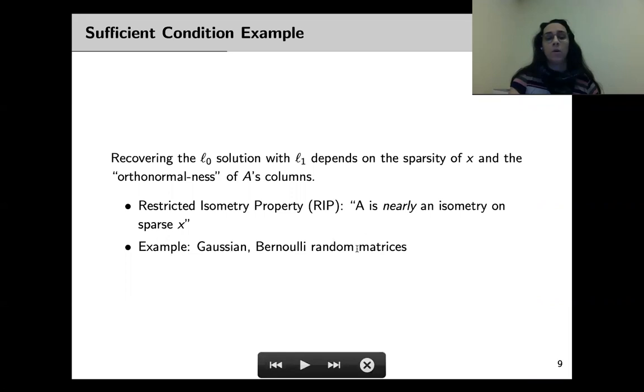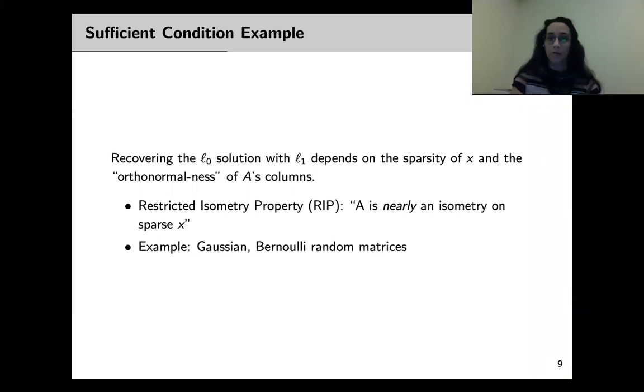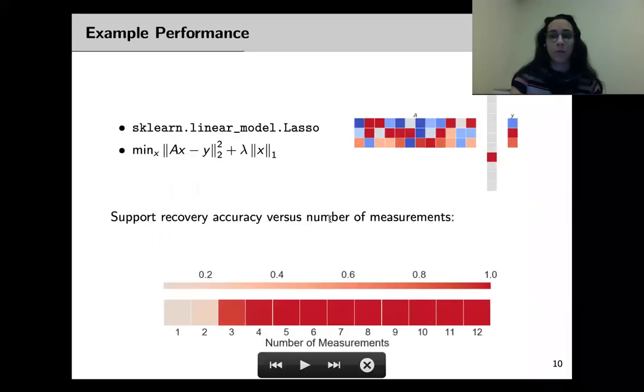And so if we have a sparse X, we can apply even a random matrix and have a pretty good hope of recovering the correct solution. So now I'm going to pop up something